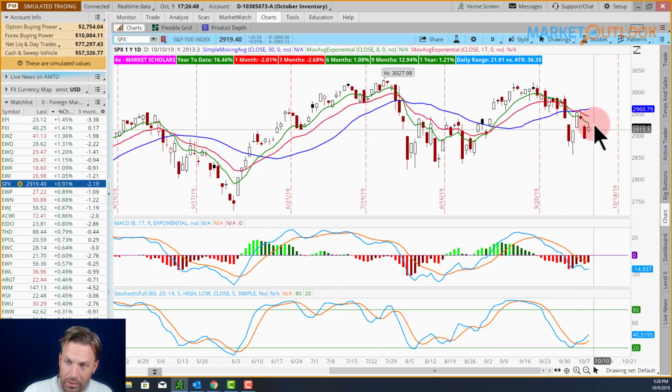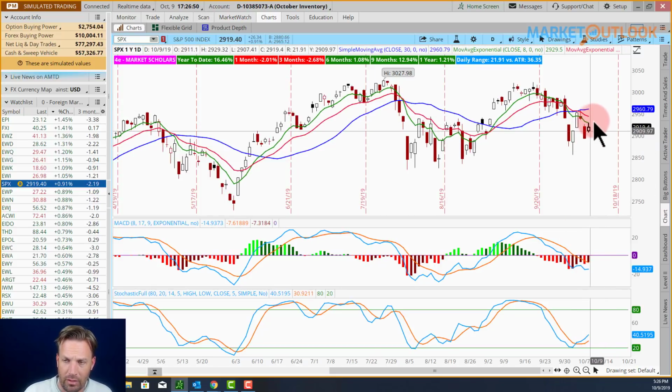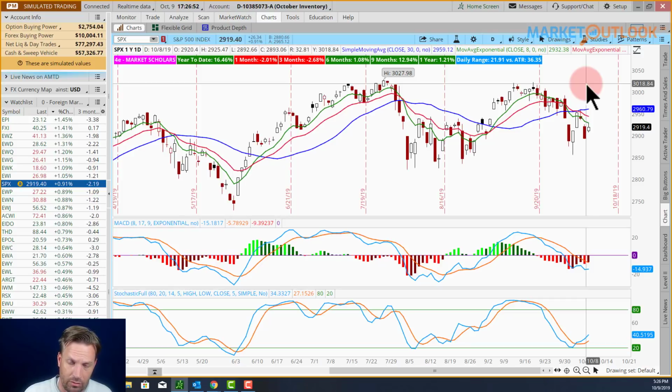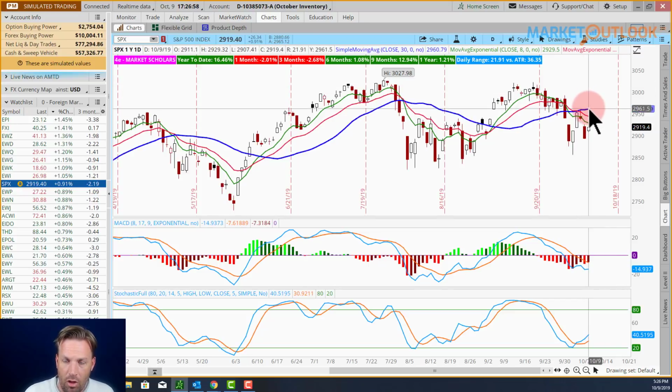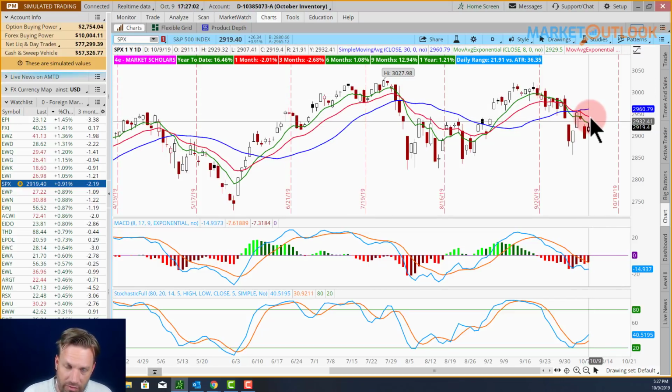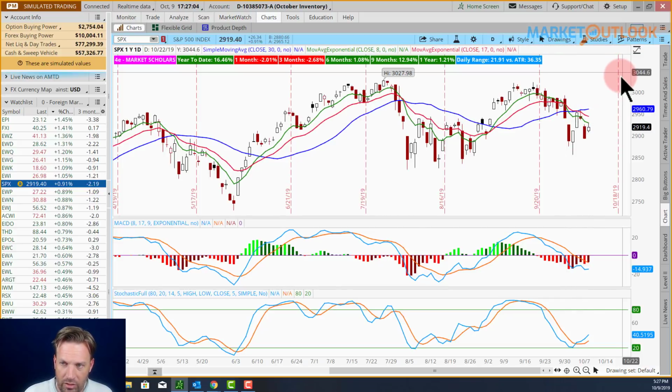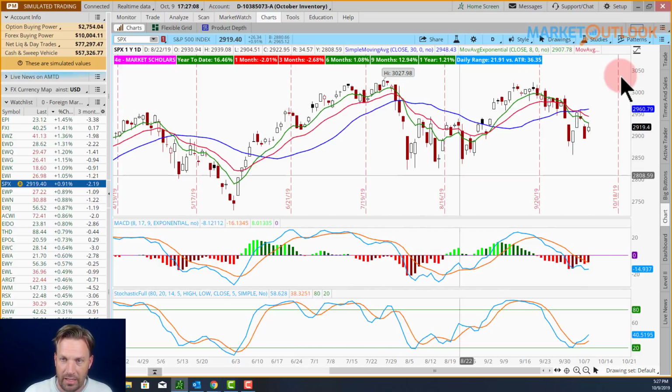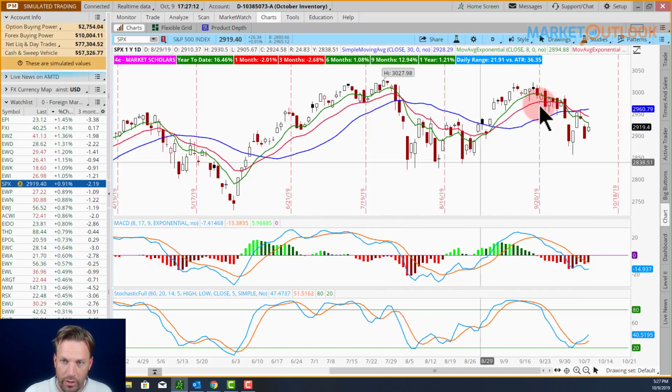So, we're building a base. We haven't broken down, and we haven't broken back up yet either. So again, until we do, it's noise with kind of a long-term bias to the upside, based on those seasonal factors and other things that we expect into the end of the year. But of course, if we break down, then you'll see that head and shoulders with these slower intermediate runs play themselves out,